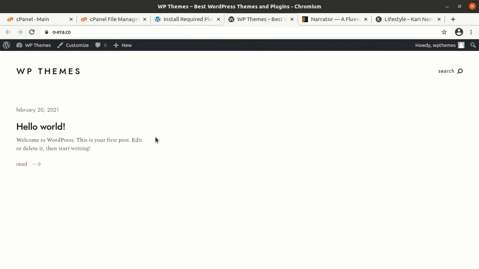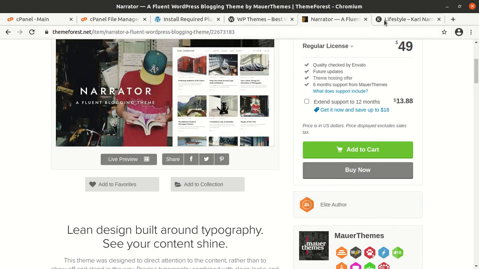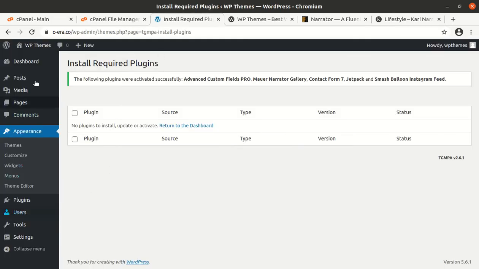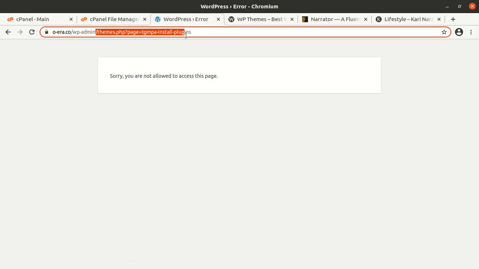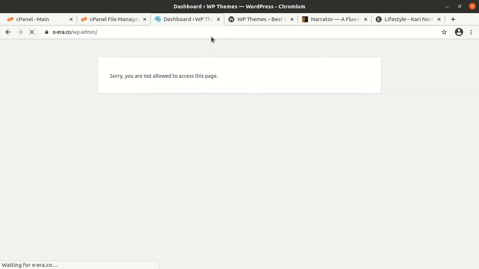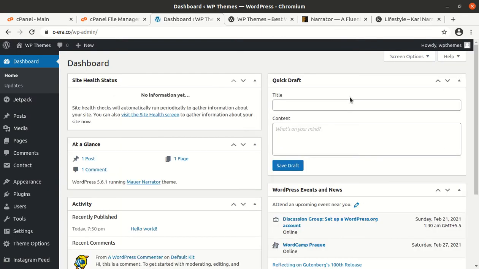This is the basic look of the Narrator WordPress theme, and this is of course without any demo content. And now at this stage we need a demo set of contents so that we may have a target website like this. So let us find where the demo content option is available, and somehow we reach this page. Just delete this segment and Jetpack we can set later.